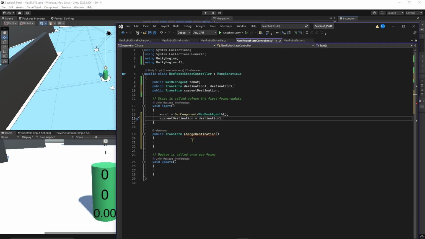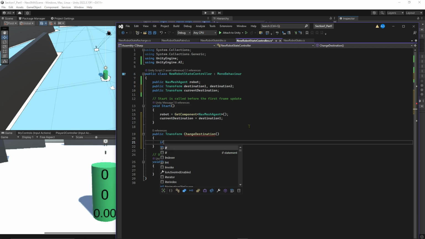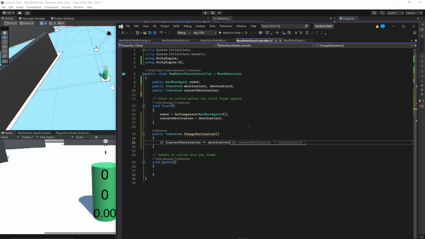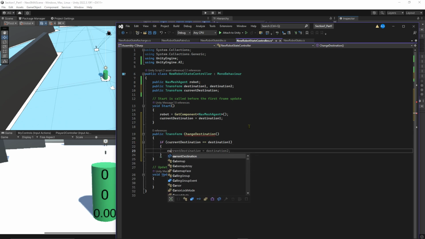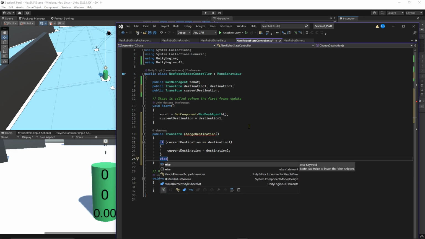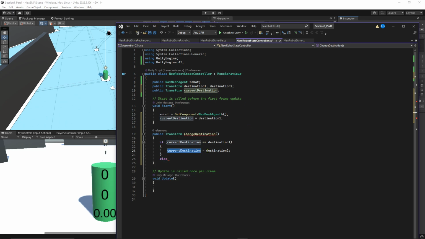At a certain point, we're going to reach that destination, right? And so what we want to do is then change it. So if current destination equals destination 1, then we're going to change current destination equals destination 2, else,